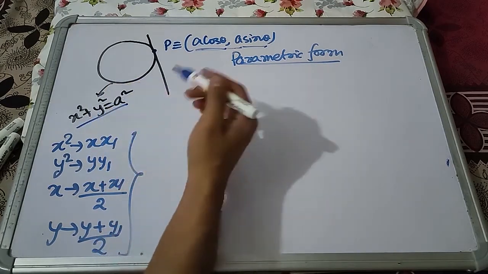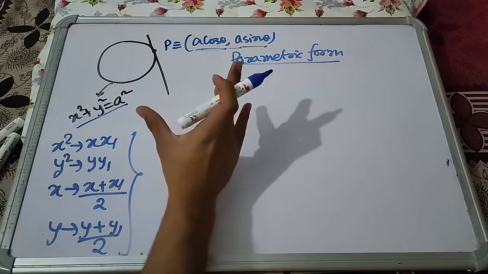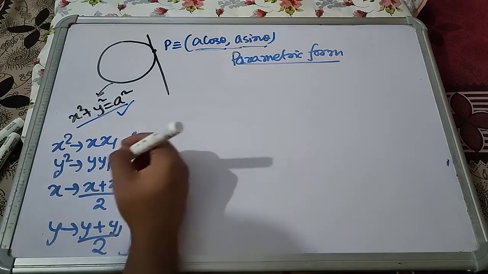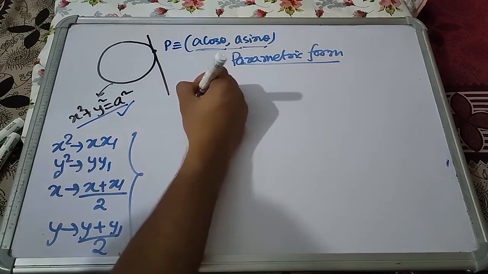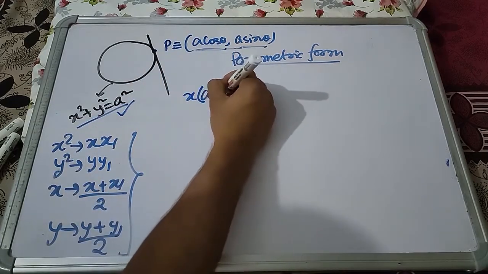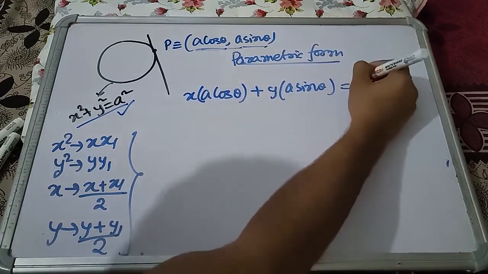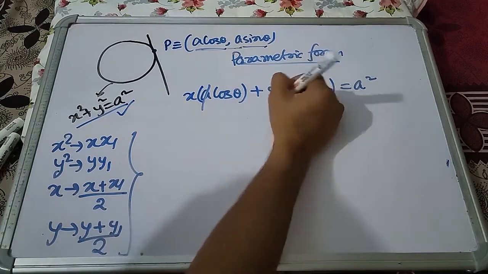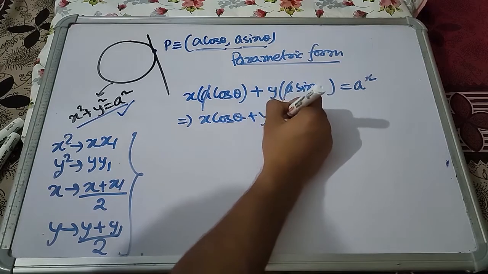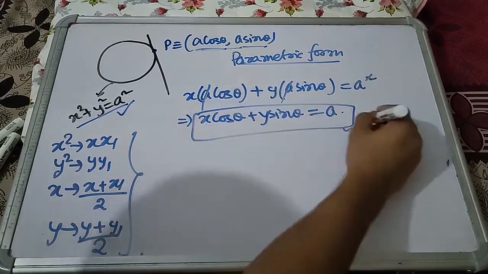Because a square cos square theta plus a square sin square theta equals a square. You take a square in common, sin square theta plus cos square theta, which is 1. Therefore, a square and a square, both the sides match. So now let us do this transformation. x into x1, here x1 is a cos theta, plus y into a sin theta, and the constant term needs no transformation; a you cancel. This becomes x cos theta plus y sin theta equals a. This is another equation of tangent for this circle.